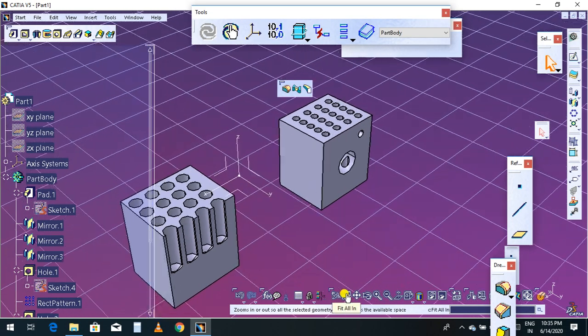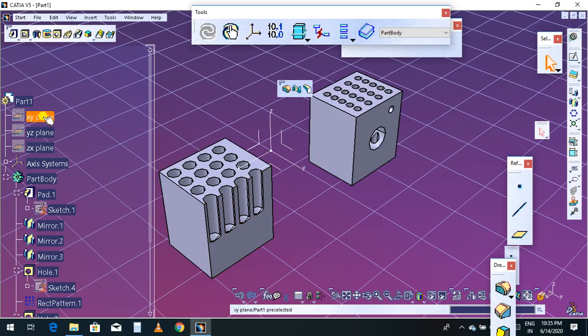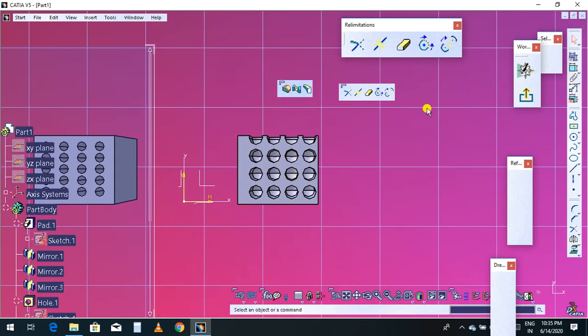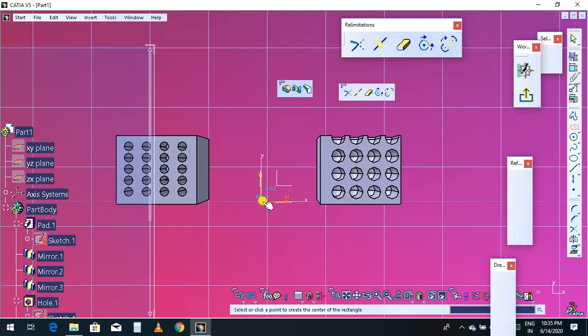So now zoom in, select the XY plane, select a sketch. Now I'll choose the center rectangle. Okay, go to exit.